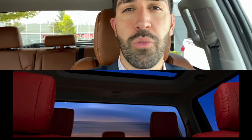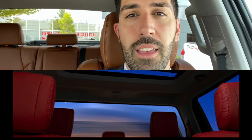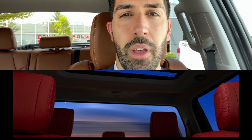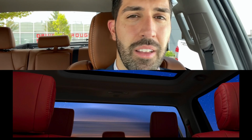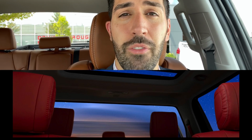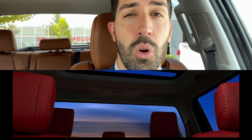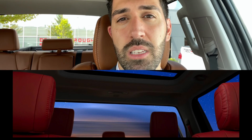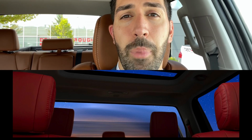How about we start off with one of the most obvious things that catches your eye when you first look at this picture, other than the sunroof, panoramic sunroof. You've got the red leather or Softex, not sure right now at this point, but red fabric, red material seats on the 2022 Toyota Tundra. So it's going to be available on some of the models, one of the models, not sure just yet. We haven't seen specific spec sheets released from Toyota, but clearly there's going to be a red interior available